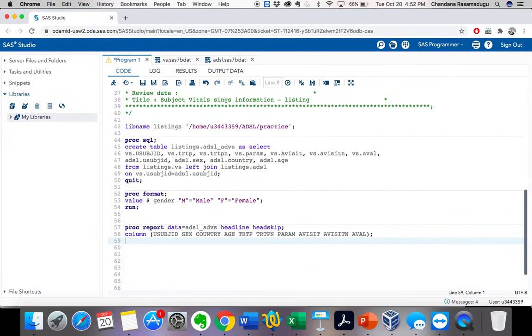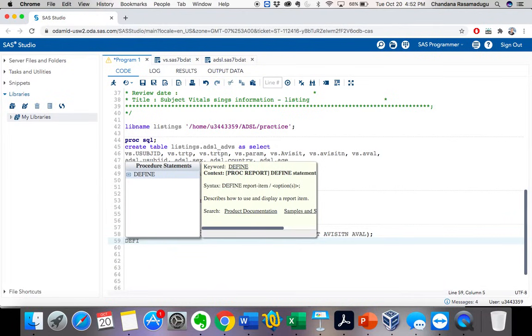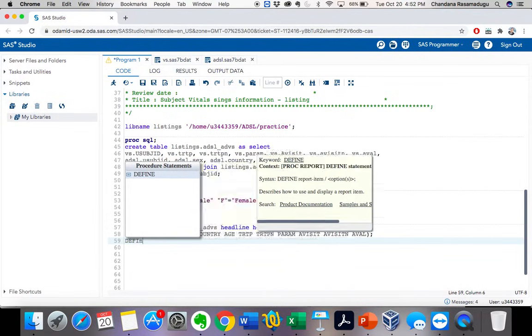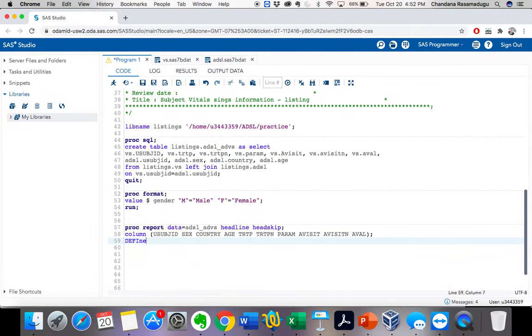So now the next thing is, let's define the variables with the specific label values, and let's give some formatting if required. Okay, so here now let's use the define statement. By using the define statement, we will be able to describe how to use and display a report item. So now I am using define here.